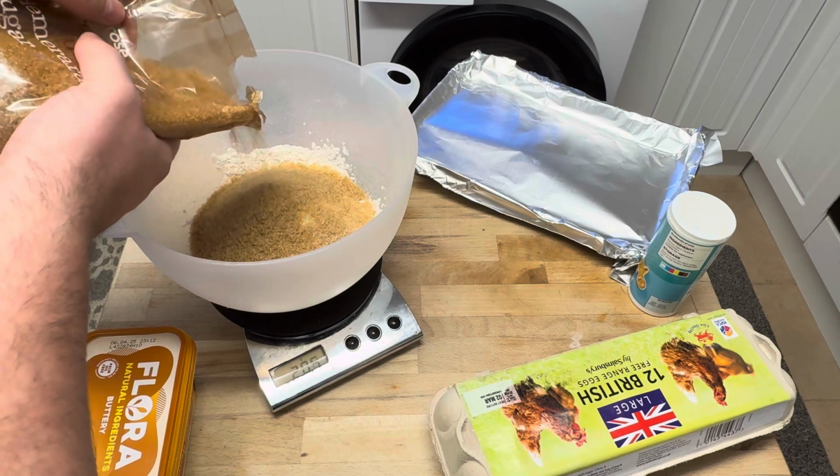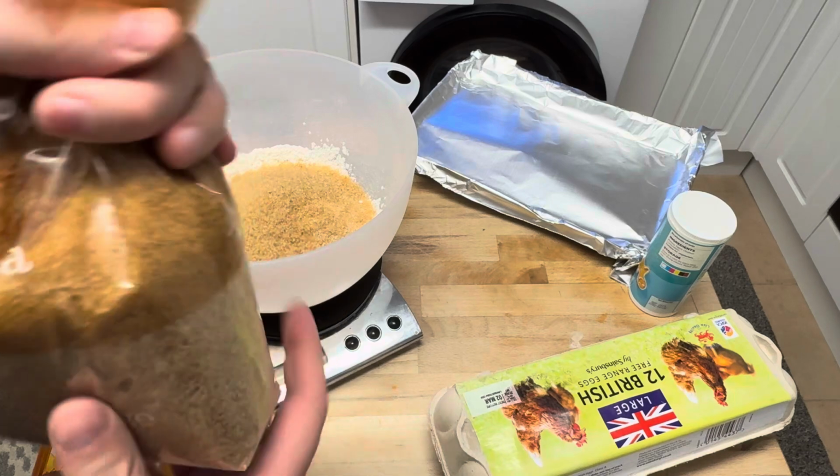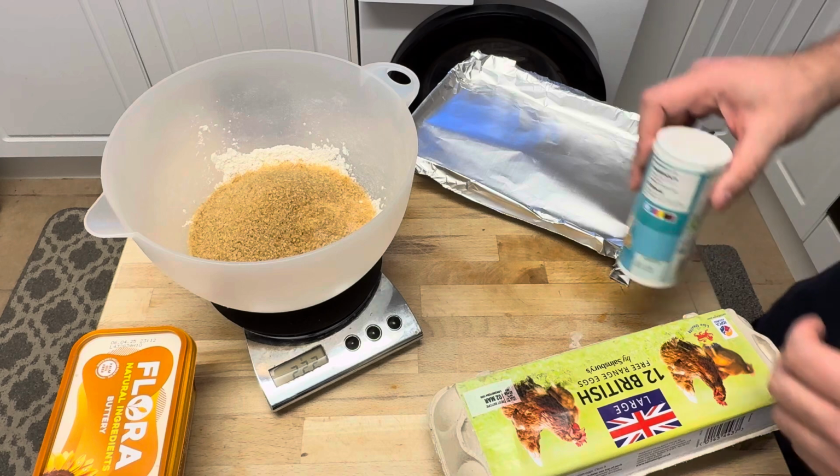Wow, that's a lot of sugar, isn't it? There you go, 220 grams of sugar. The next part we're going to need is going to be 1 large free-range egg and 110 grams of the margarine. So,